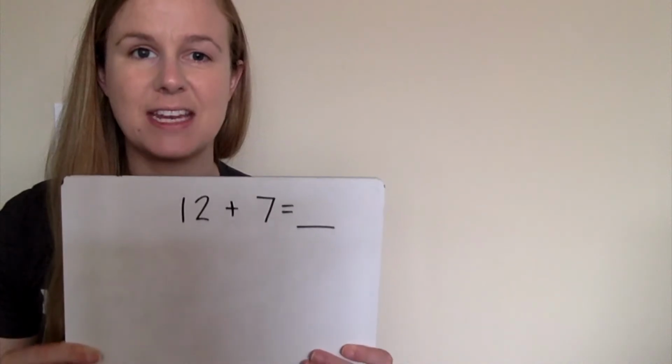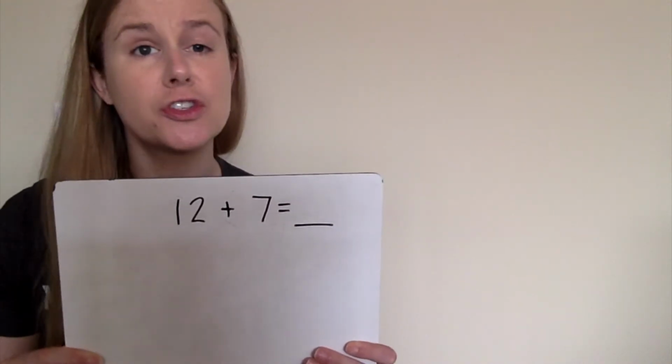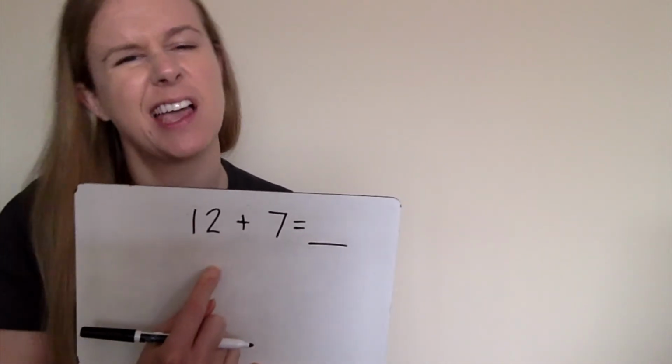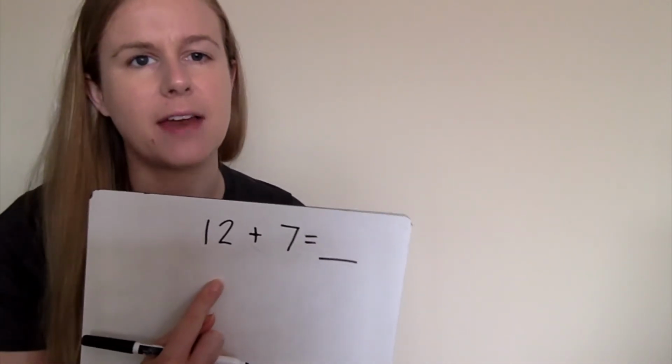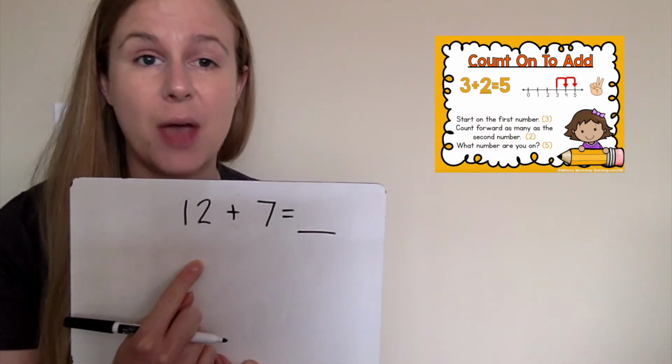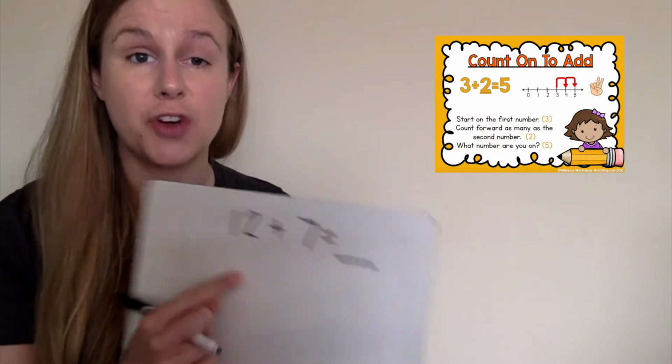12 plus 7 equals blank. I could draw circles for this one, draw a picture to add, but I notice 12 is kind of a big number, so that might be a lot of circles to draw. Instead, I'll count on. I'm going to count on with a number line. So I'll draw my number line,